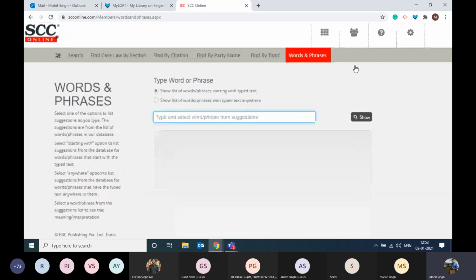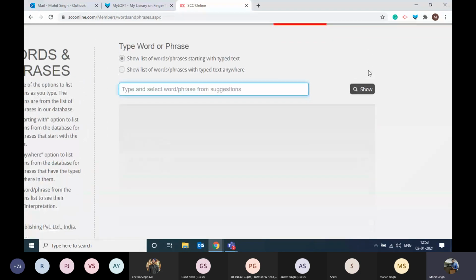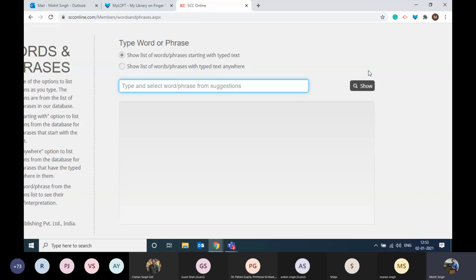Now, words and phrases is a very good tile to get the definitions of legal words, right? So I highly recommend you students, when you are in this legal fraternity, studying or practicing, please do not rely on the free information coming from Wikipedia or Google or any kind of Alexa software, right? The information you are going to see over here is entirely different from the free websites.